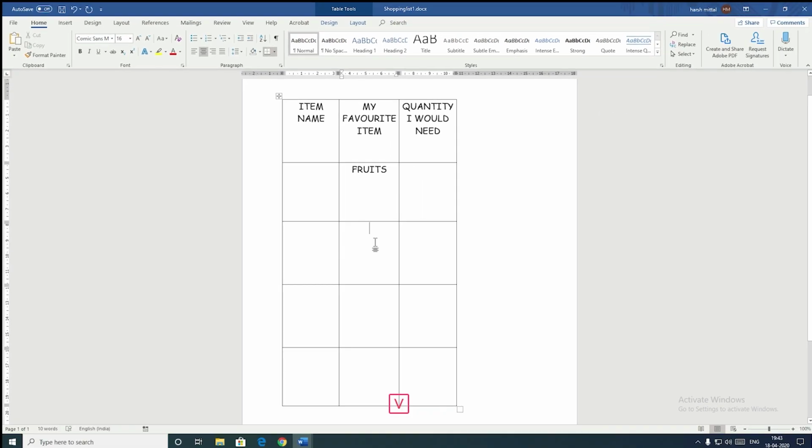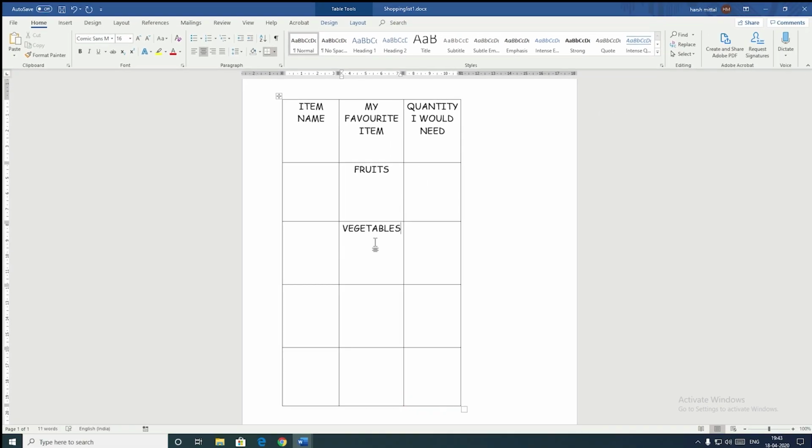Fruits, then we had vegetables, and then we had, to move on to the next cell in the table, we need to press the tab key. With the enter key, it is not going to go to the next cell. It will continue in that particular cell. All these small boxes, they are known as the cells. It is just like a chocolate bar in which there are so many different cells. So now I need to move to the next cell, tab key.